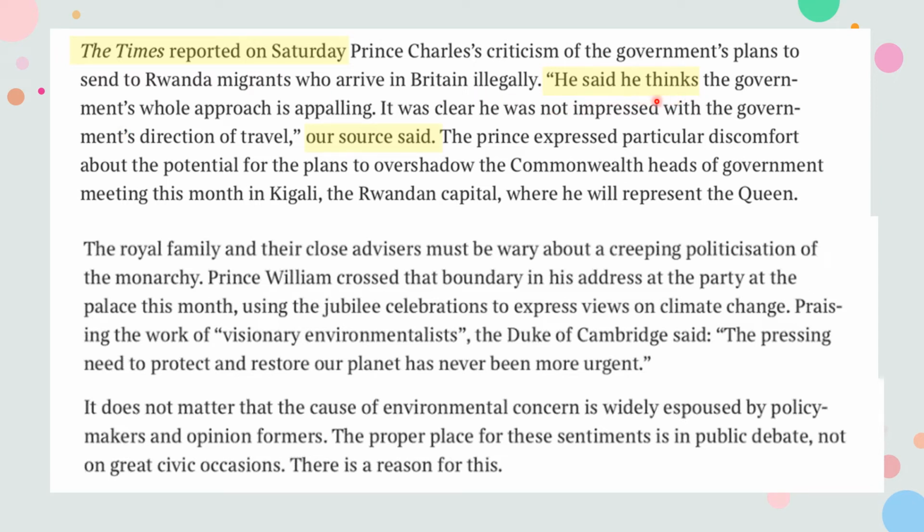He said he thinks the government's whole approach is appalling. Quite interesting. He could have just said the government's approach is appalling without the "I think", which maybe shows that he's not being as strong in his views as he could have been, or maybe that the source is softening